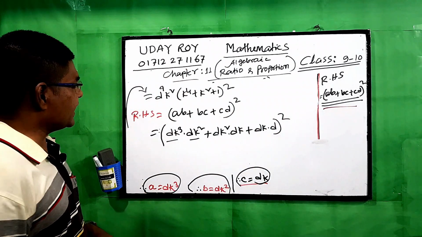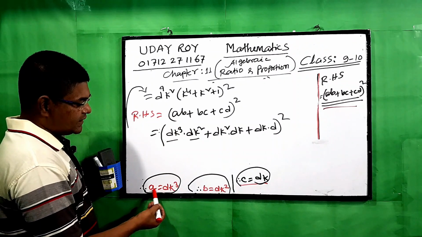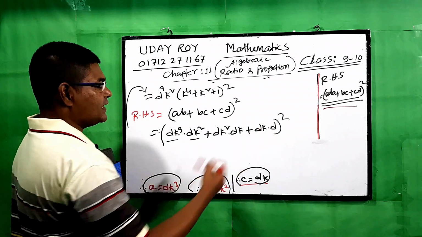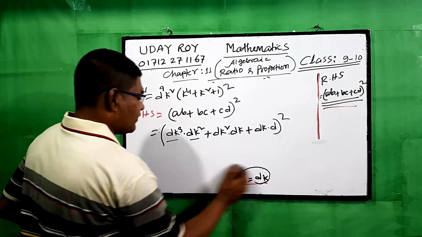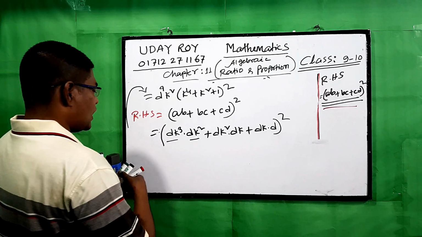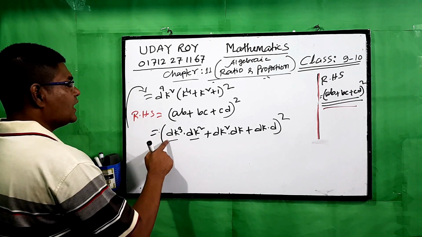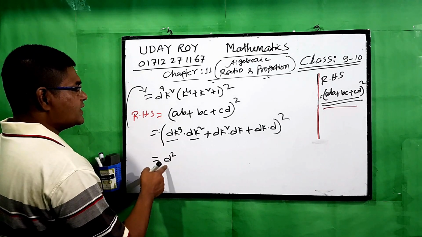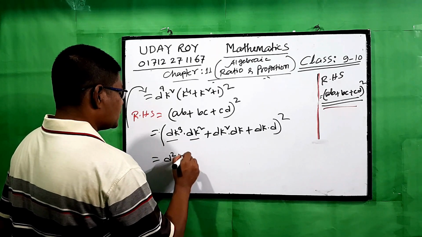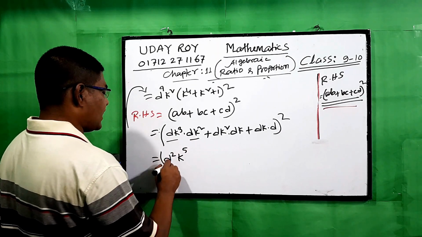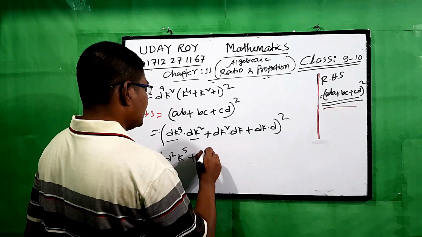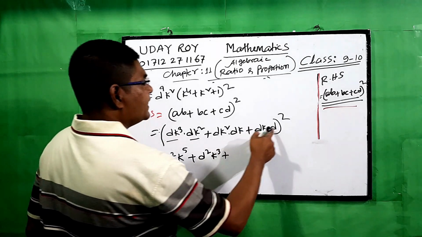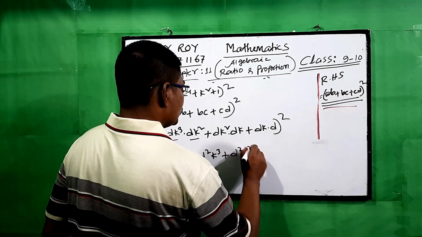So follow the board again. AB: what is the value of A? This is AB, dk cube into dk square. So AB, BC and CD. Now we can do the rough work on the board. We can solve the maths easily now. D into D is d square, d into d is d square, k cube into k square is k to the power 5, plus d into d is d square, k square into k is k cube, and d into d is d square into k whole square.